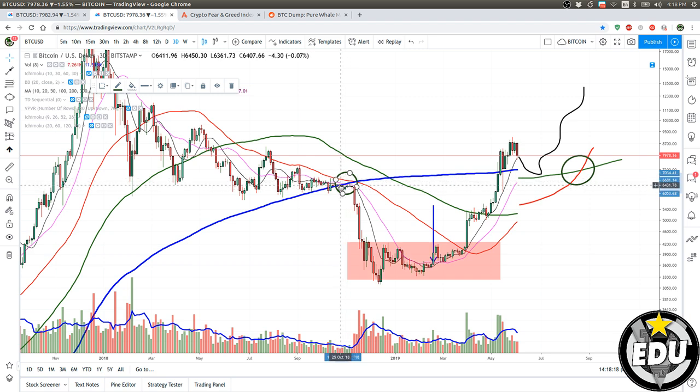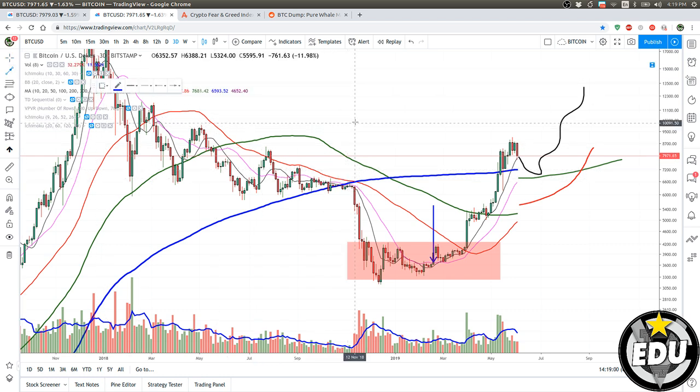We have 10, 20, 50. Well, 50 and 200 is the dead cross, the one that most of the traders look at. 200 versus 50. Bearish cross. Boom. That's what caused it. It's right on the price, right on it. So this is not like the bearish cross that we've seen before. This bearish cross happened because of this, but price dropping just below that cross, that's pretty cool to see.